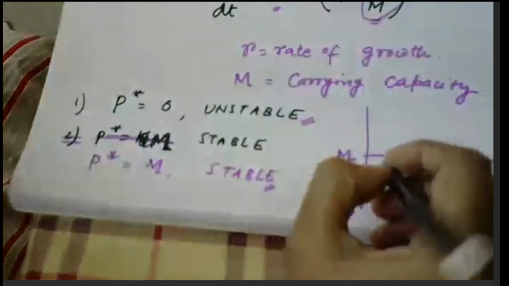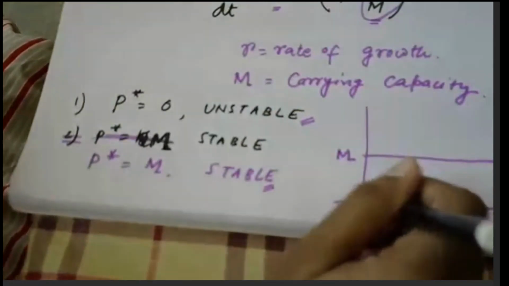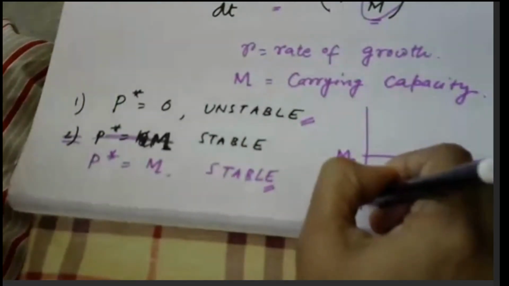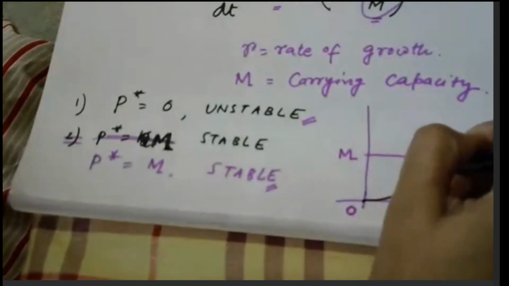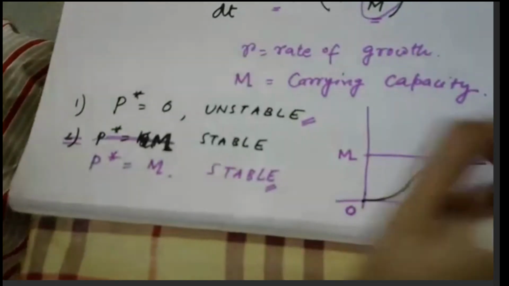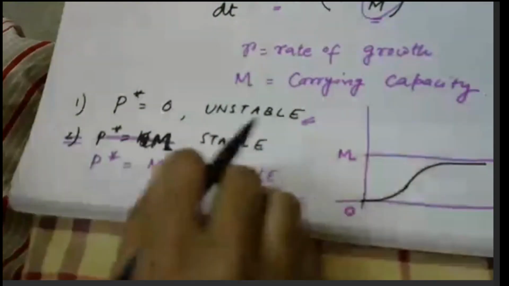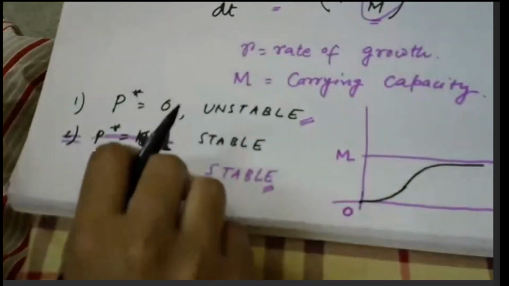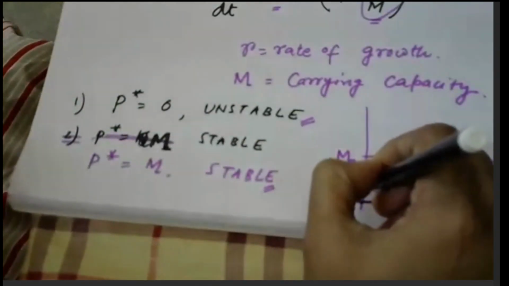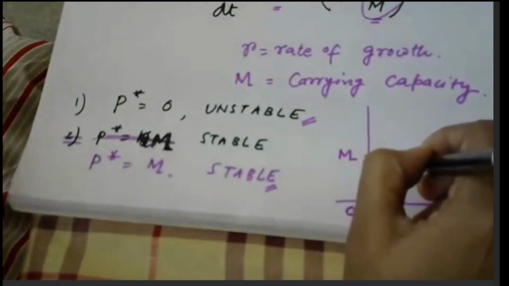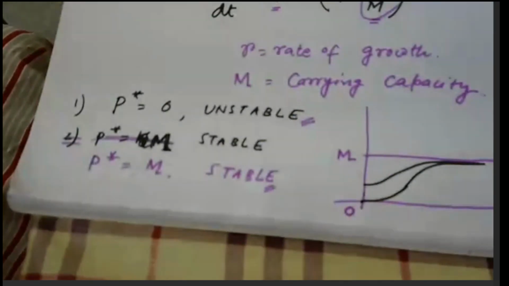What we will see is that to begin with, if you are sitting here, that is an unstable point. If you move a little bit from here, you start growing exponentially first, and then the curve turns and becomes like a sigmoid and asymptotically touches the line of M. Similarly, if you start from a higher value, there also it starts like an exponential growth, and then it asymptotically meets and saturates at the value of M.